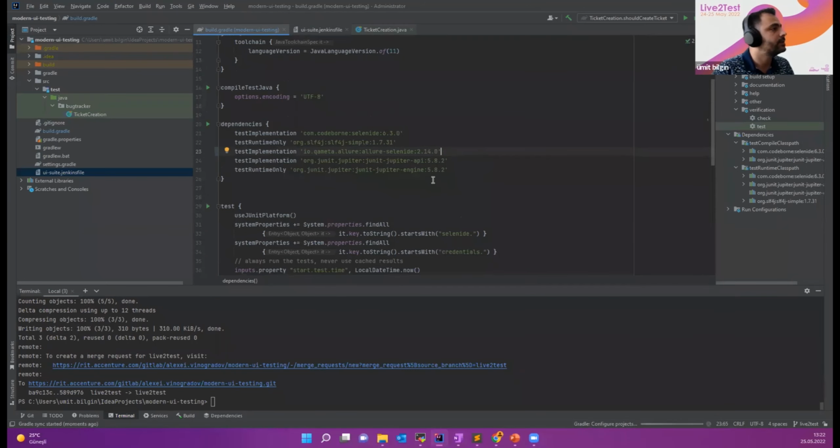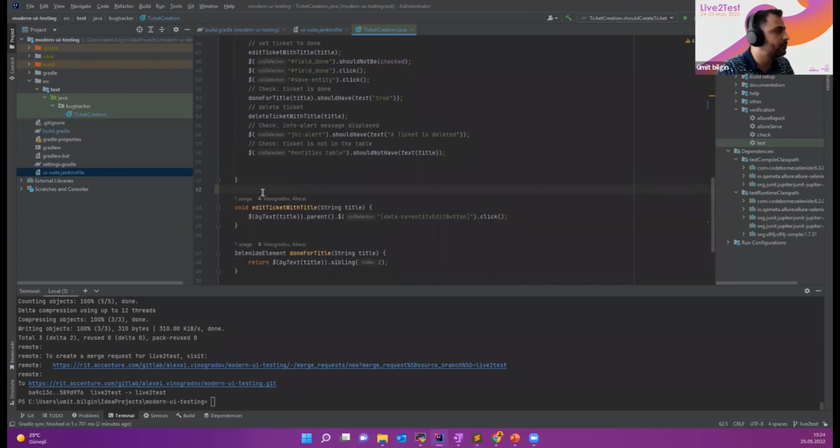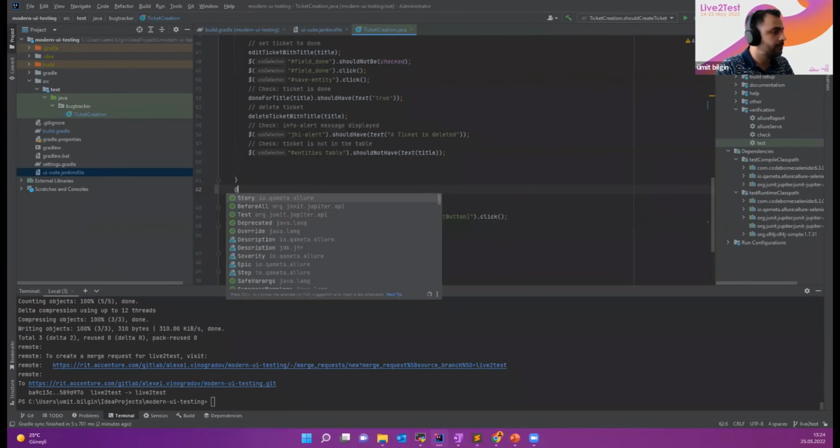Thank you, Alexei. And one last thing we need to do here is that we are already calling some external methods here, and to be able to see that in the reports, we need to annotate them as step. Let's add step annotations. So it seems fine. Let me check the Jenkinsfile, build file. Okay, it seems fine. Let's commit and see if it's working fine.